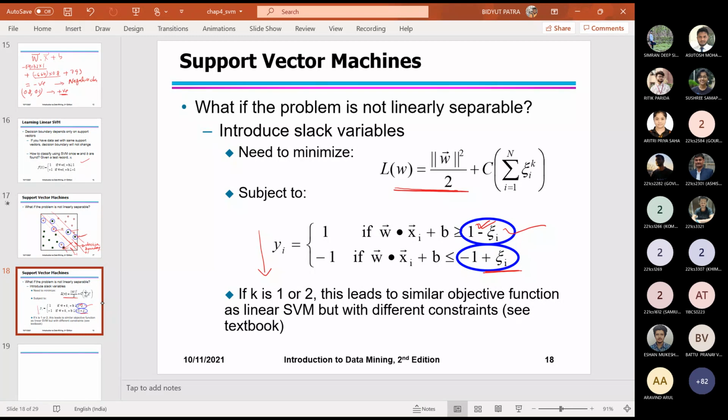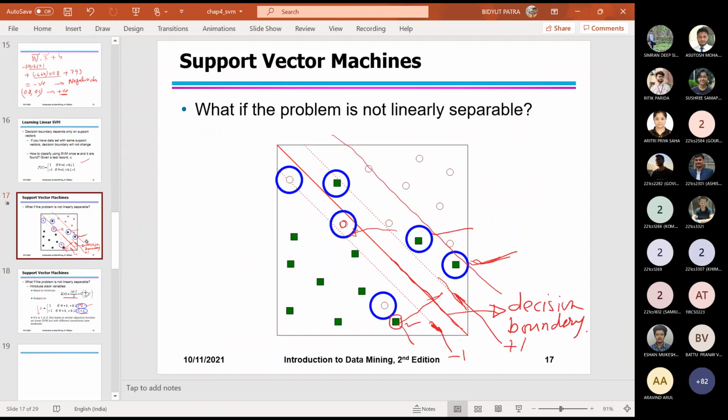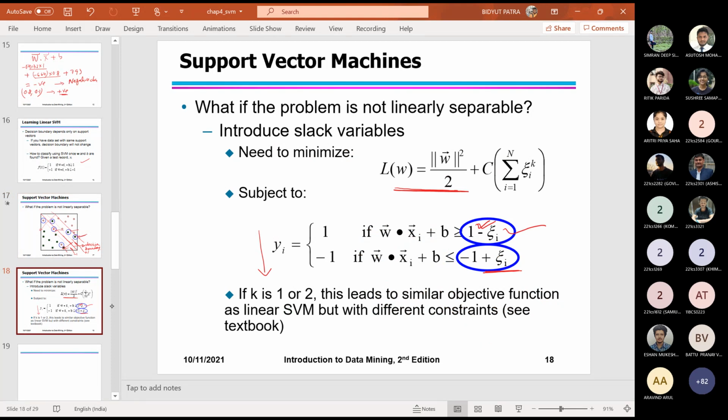is this part. But along with that, what we have to do, see, if we do like that, then there is maybe a chance that this line will come somewhere here and this line will go somewhere here, so we'll have a huge margin. The problem is that then many points will be misclassified. To reduce that misclassification, what is done is, we count for how many Z, that is the misclassification penalty, how many Z we are doing so, and to restrict it, we put a constant that is C.